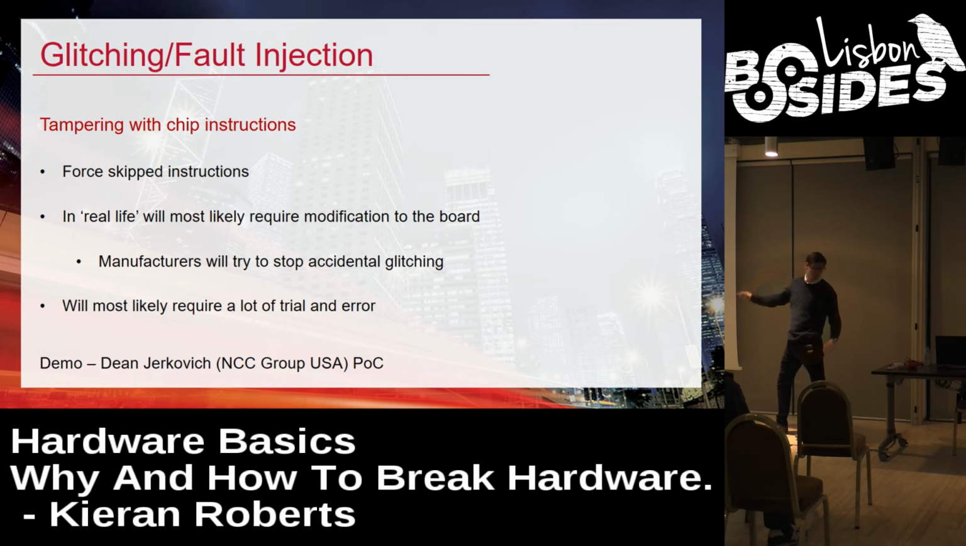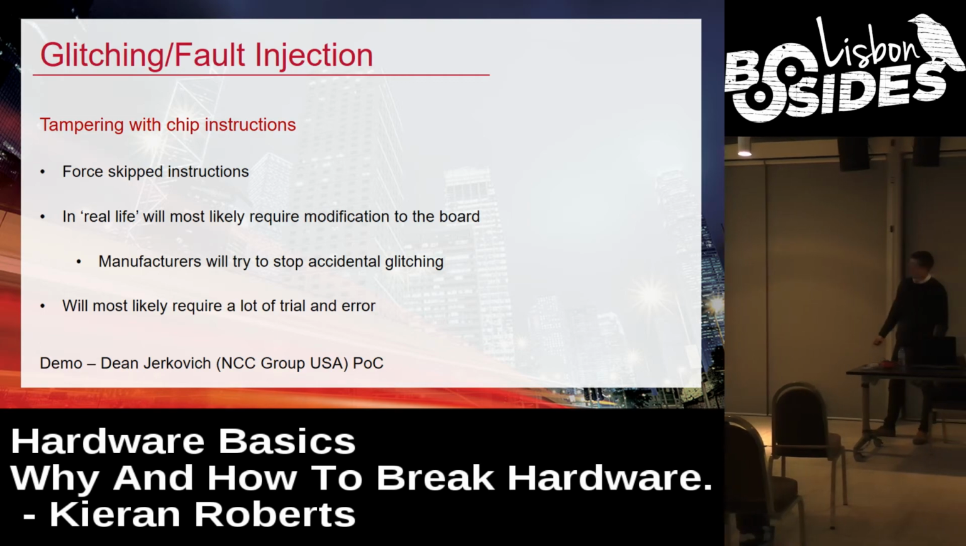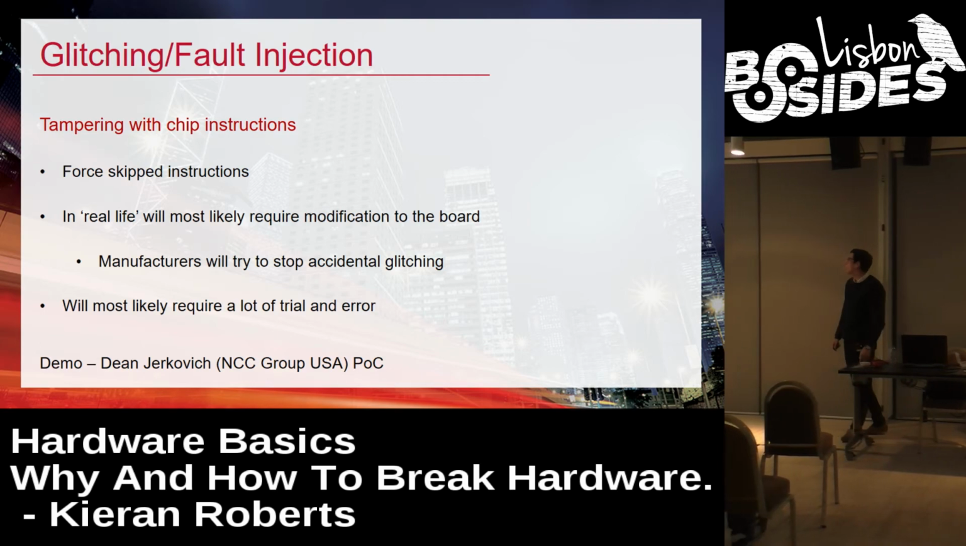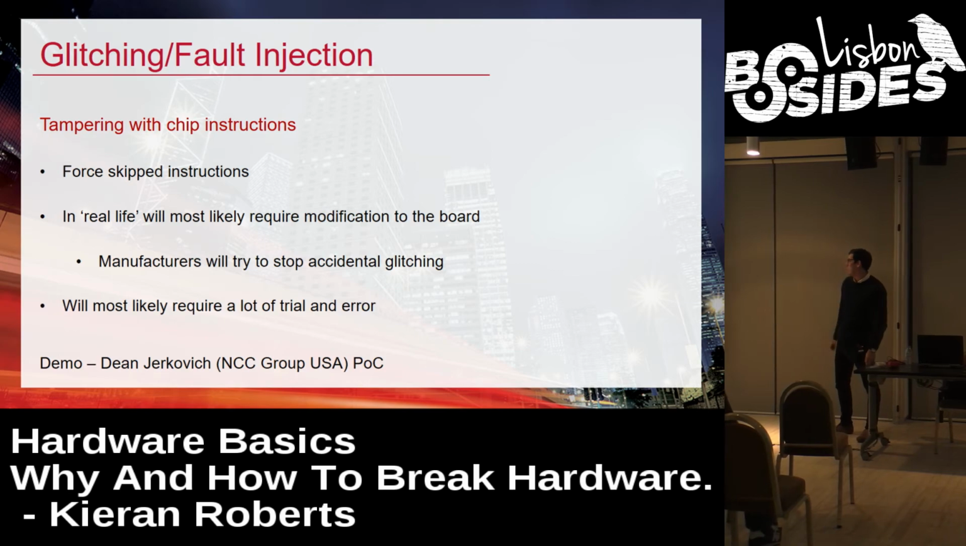So this example is going to work with the FPGA that I have here, which is like 25, maybe $30 or something, using the open source Ice Storm toolchain. Manufacturers will go out of their way to try and stop accidental glitching. With voltage glitching, you're probably going to have to make modifications to the board, or potentially just lift the pin and access it directly, because